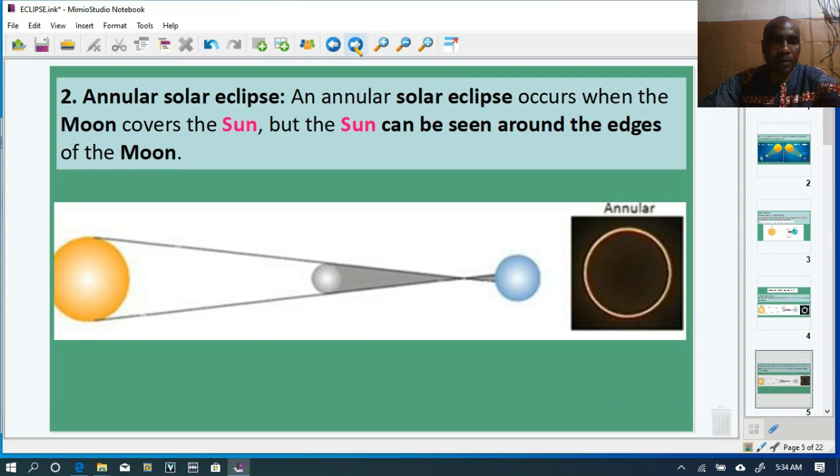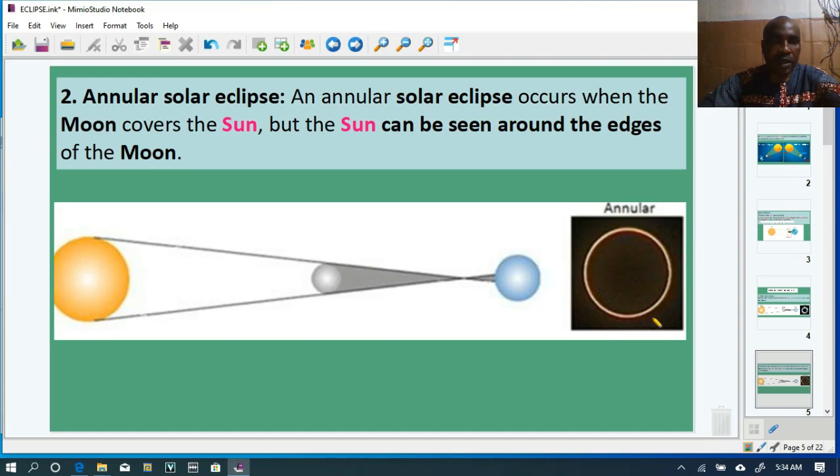The second type of solar eclipse is called annular solar eclipse. An annular solar eclipse occurs when the moon covers the sun, but the sun can be seen around the edges